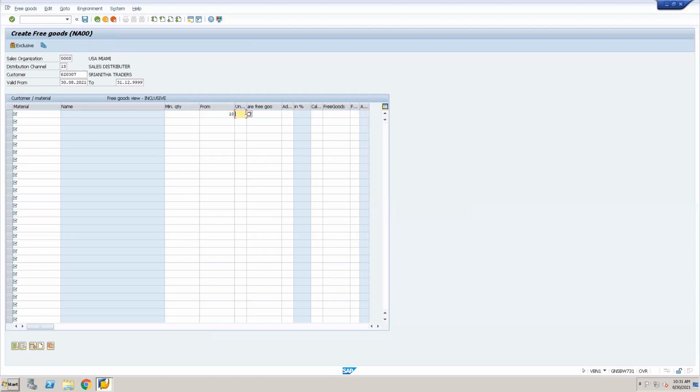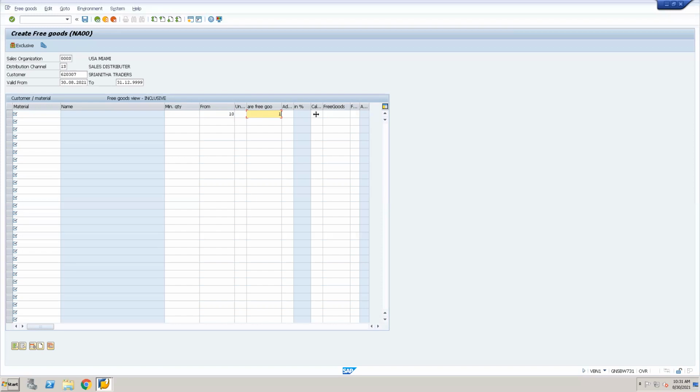And unit of measure. This is the unit of measure. And here the free goods quantity specifies the quantity of free goods offered. For example, if he has procured 10 Oreo biscuit packets, he will be given one as free.